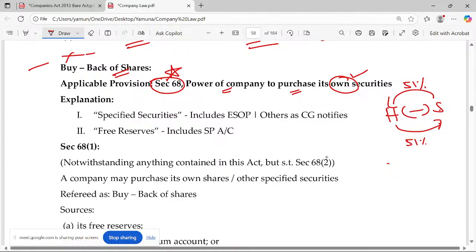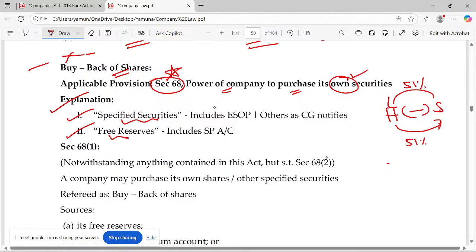On behalf of a trust or something like that, it's holding, that's different. But directly, in case, by some misunderstanding or without the knowledge, the holding company has issued the shares to the subsidiary company, that will not be applicable. Law prohibits that the holding company should issue shares to the subsidiary company, or the other way, the subsidiary company should not buy shares in the holding company. It will not be considered. It's void. Okay.